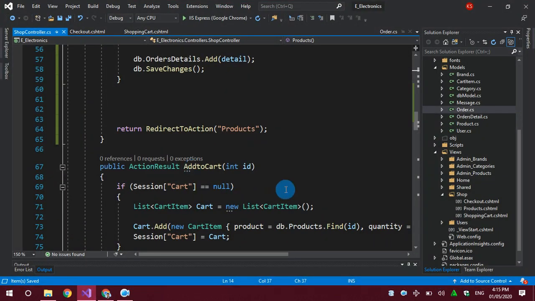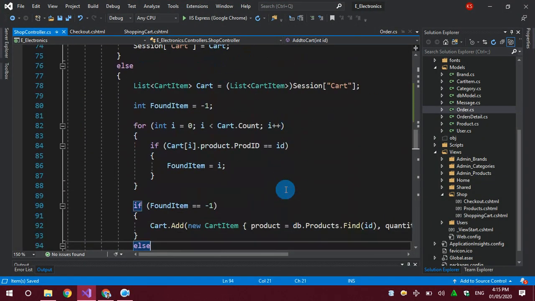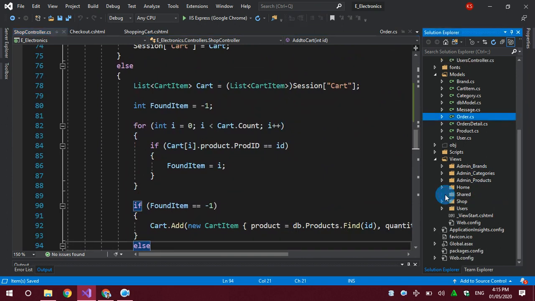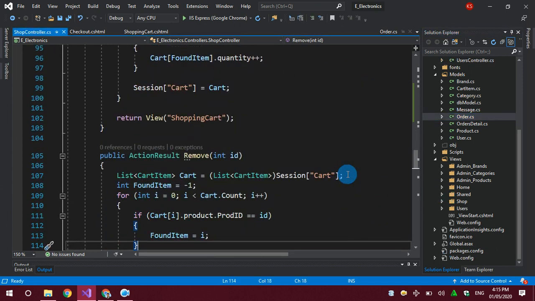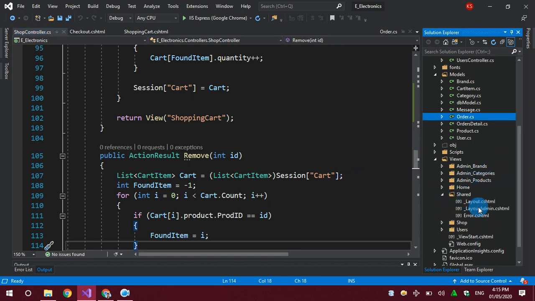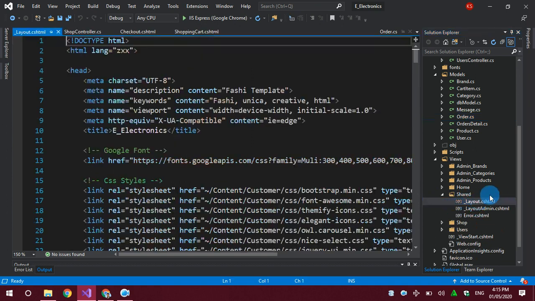I just have to integrate this Sweet Alert into my layout file, so I can access all the alerts on every page which is based on this layout. So I'm going to the shared layout.